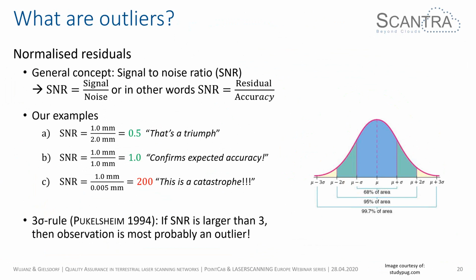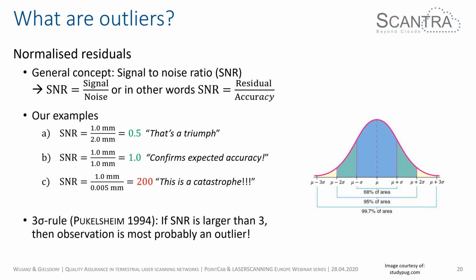If we do that for the very first result that we had, which was generated by the paper tape measure, we had a ratio between 1 millimeter, which was the standard deviation of ranges, divided by 2, because that was the quality that we assumed. And the ratio is 0.5. So that means, if we just try to conclude, that's actually a triumph, because we were twice as good as expected. If we now look at the result from the laser tracker, it is not very spectacular, actually,